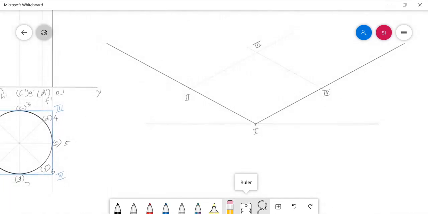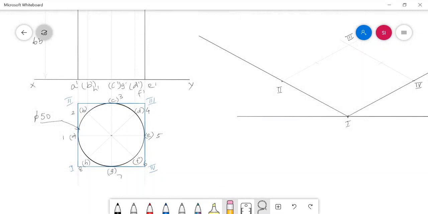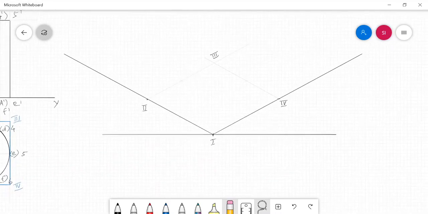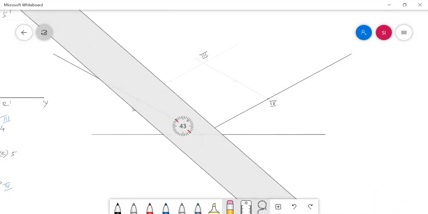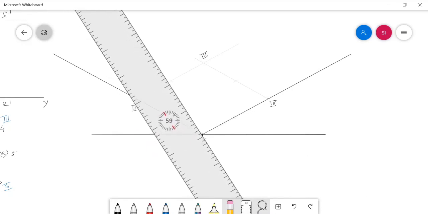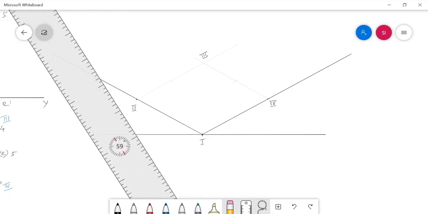I know the length of the box sides 1 2, 2 3, 3 4 and 4 1. By measuring the length from this top view and just dividing it by 2, you can mark the center. On the other hand, the 1 2 length is nothing but the diameter of your base circle. So after marking the centers of all the box sides, first I need to connect the origin 1 with the centers of 2 3 and 3 4.